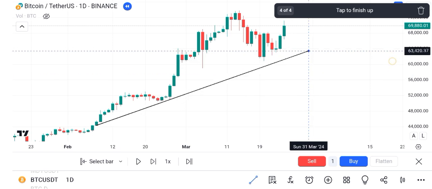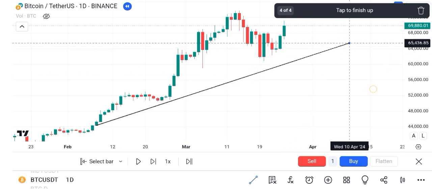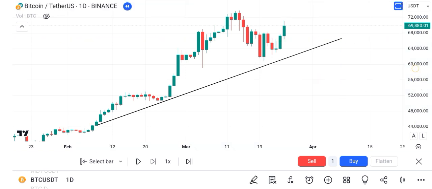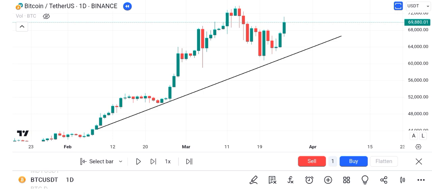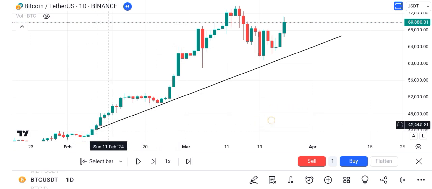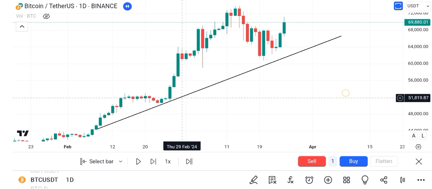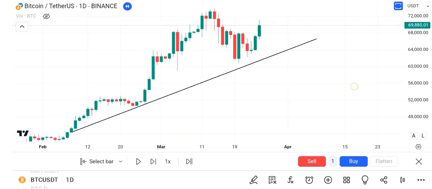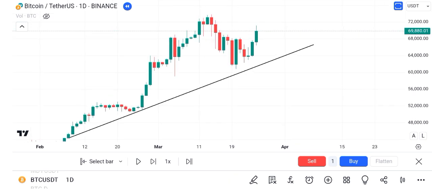So this trend line is telling us that the price is in an upwards direction, that it is moving upwards, and it is telling us about the trend. Now, as you can see, whenever the price touches this trend line, the price takes a bounce. It means that this trend line is acting as a support. So we can assume that in future, whenever the price comes near this trend line support, it will take a bounce. So let's see if it takes a bounce or touches our trend line support or not.